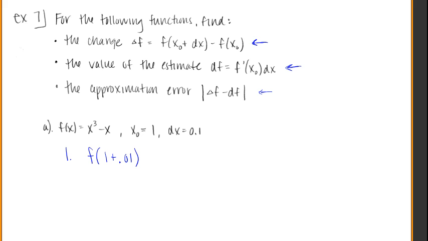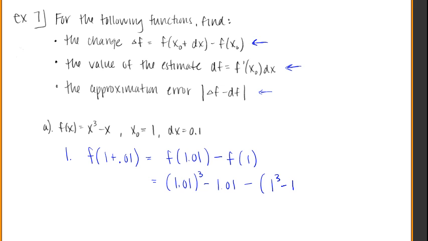So if I take the x value of 1 and change it ever so slightly, in other words, we're finding f of 1.01, and then we want to subtract f of x naught, which is 1. So going into this function, it's 1.01 cubed minus 1.01, and then minus the function evaluated at 1, which is 1 cubed minus 1. Okay, so if we do all that,